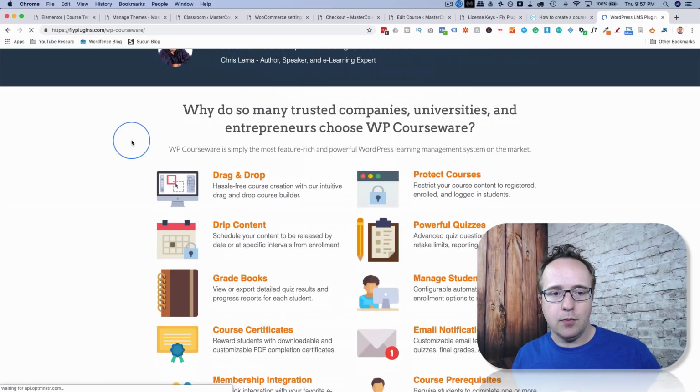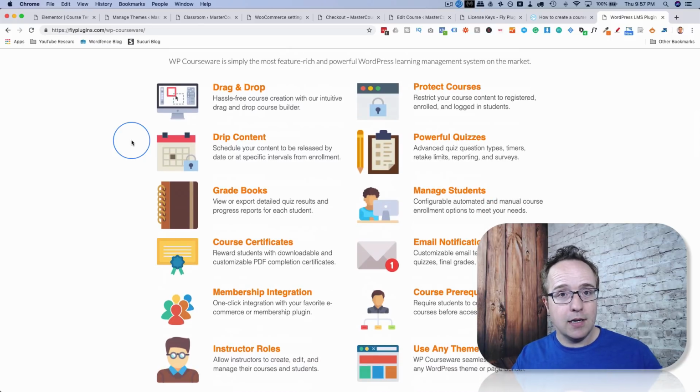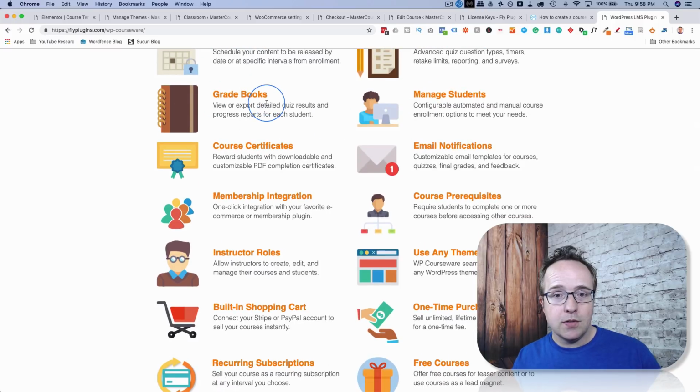We can have a read through all the stuff that comes bundled with WP Courseware. This is not including any third-party or even Fly plugin developed add-ons that you can add on, like that WooCommerce add-on that we added earlier. Drag and drop editor, protect your courses. You don't need a membership plugin if you don't want to have one. Membership plugins will allow you to create membership levels if you want to do that, but you can also just sell your courses individually, not assign to specific levels, just sell them individually and just have those people buy the courses as they wish. You can drip out content on a schedule, add quizzes, you can grade courses, you can